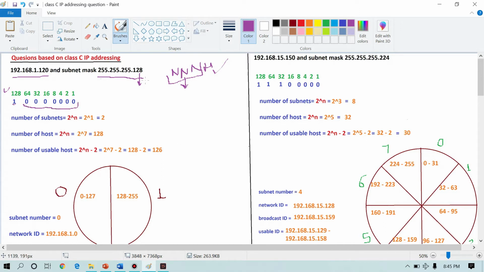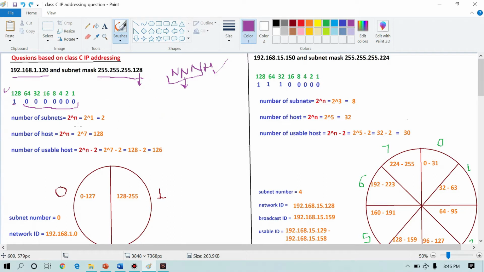Suppose here we have a different number, that is 192. How will we get this 192? Simply add 128 and 64 and we get 192. Similarly, when the number gets larger, we start adding these numbers, and we can add up to 255. But here we have 128, so we will do the calculation with the help of 128.